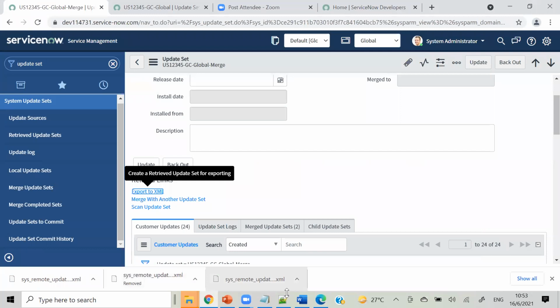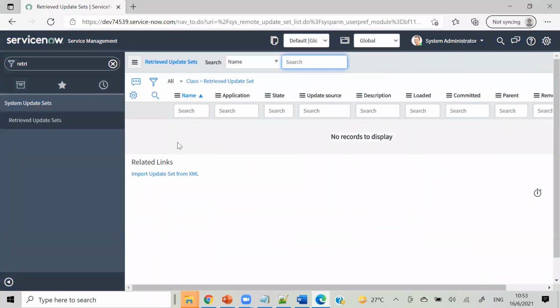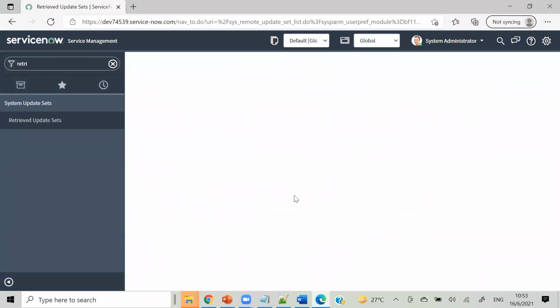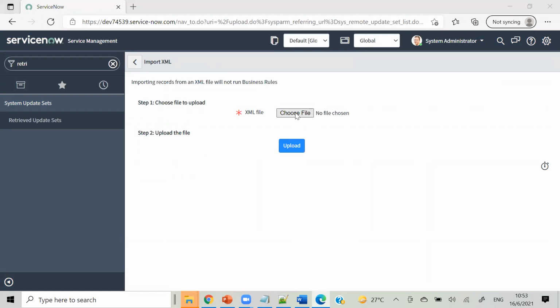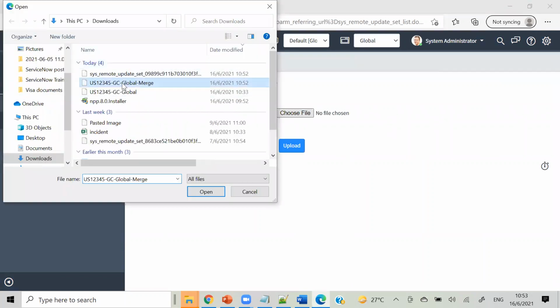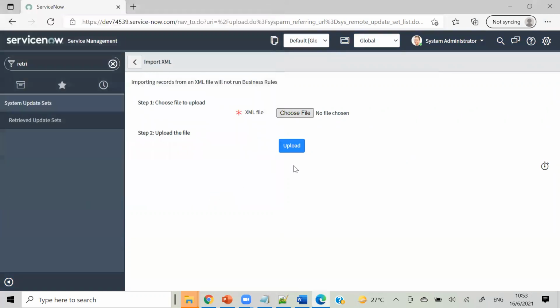So same thing, I am going to my second test instance and again going there and retrieving. I am now using merge instead of that global. Again upload.